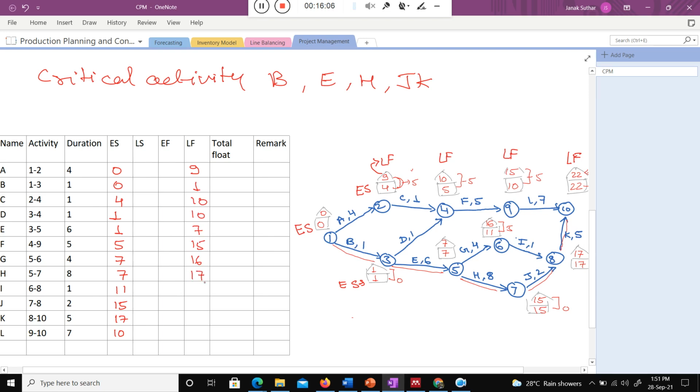For activity I, okay, this is actually H, I'm sorry. For H is 15, right? And for I is the 17. For J, okay, for I is the 17 and okay, both same. Okay, for activity K, 22. For activity L, 22. Right, okay. So now we know what is the early start, what is the late finish of particular activity.